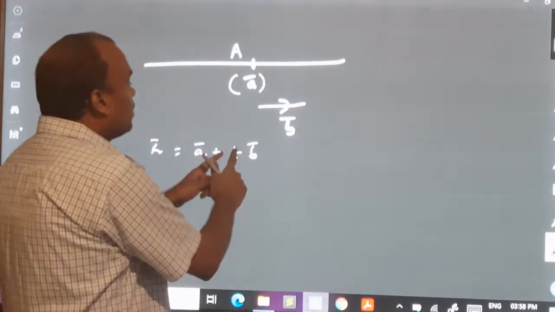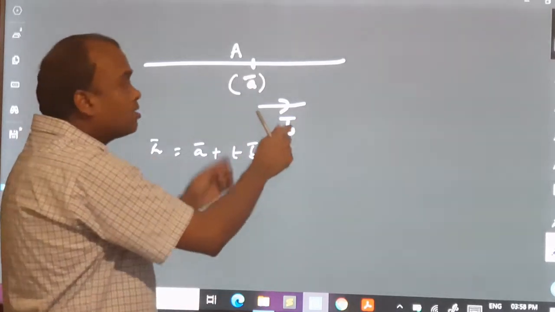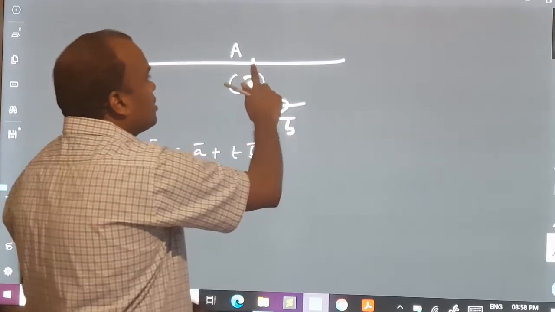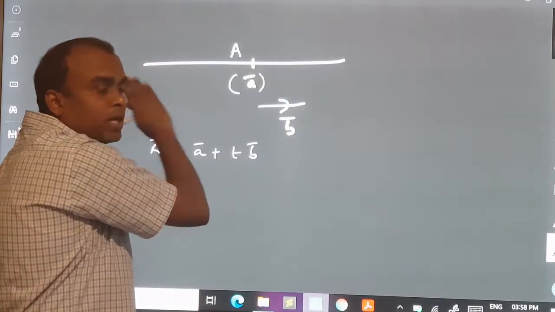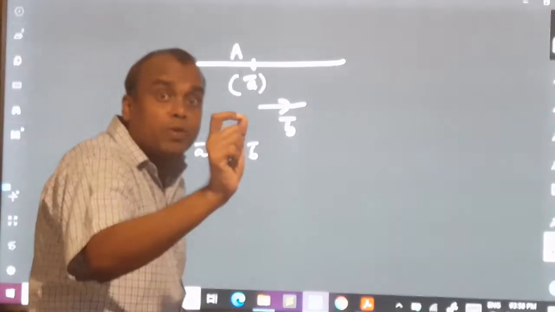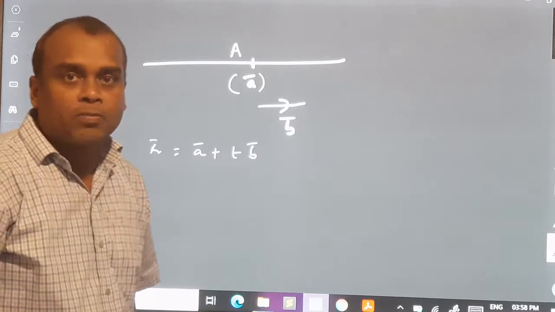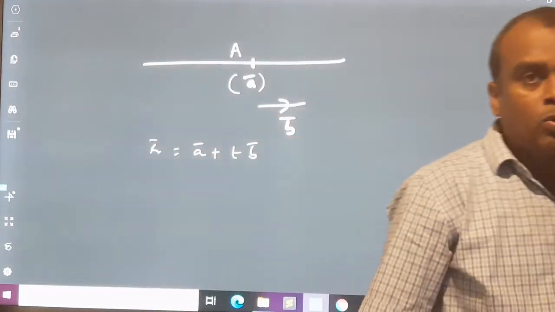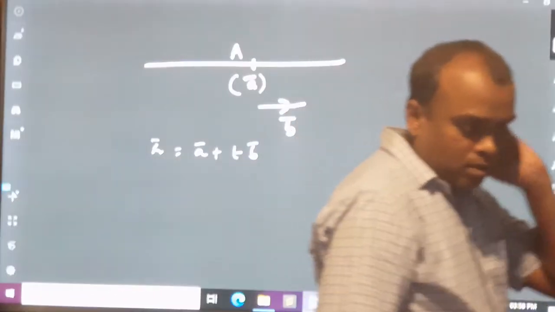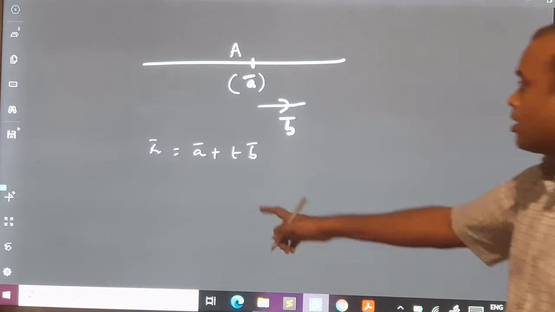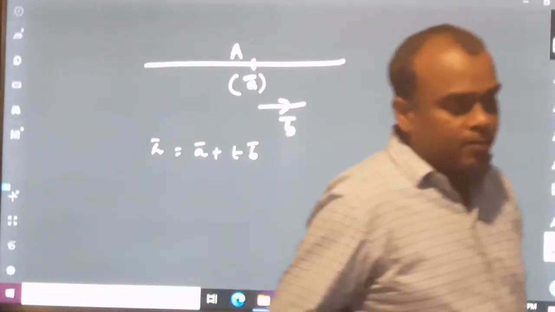Or if you give t equal to minus 10, you will get a point again at a distance of 10 units, because we have 2 points on this line at a distance of 10 units from here. So give t equal to 10 and t equal to minus 10 to get those 2 points. But before all that, you should remember that this has to be a unit vector. That is very important. And one more thing: if the base vectors are i bar, j bar, k bar, then I can write the point A bar and the vector B bar in terms of i bar, j bar, k bar.